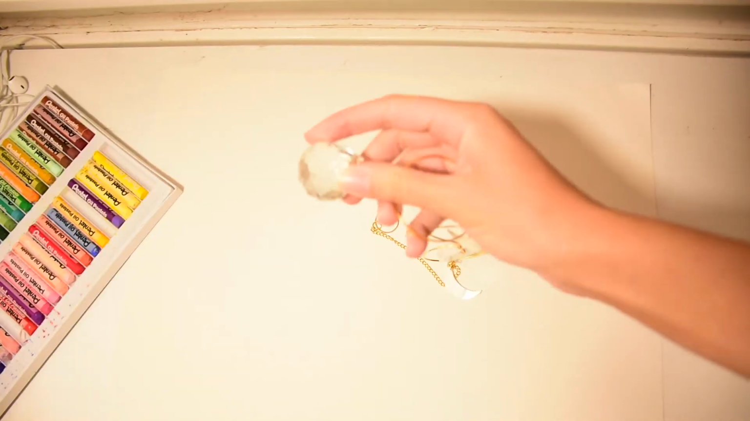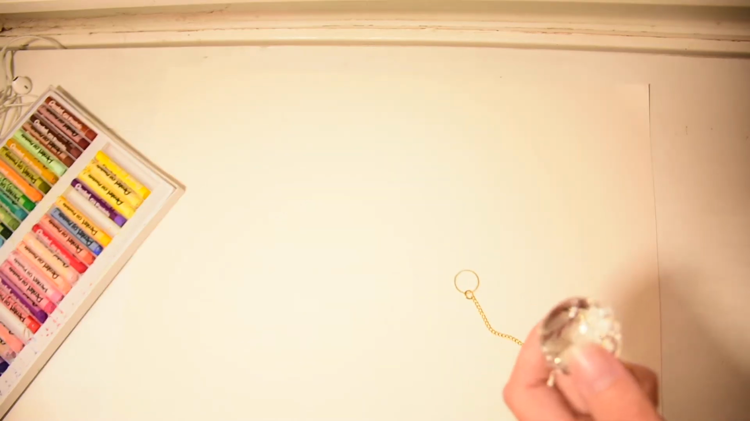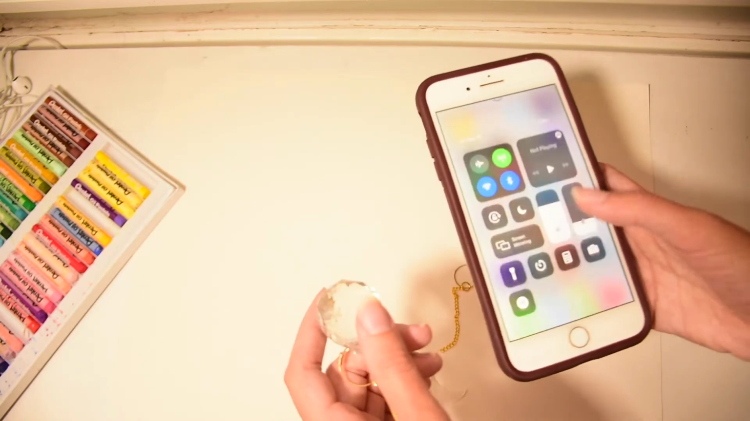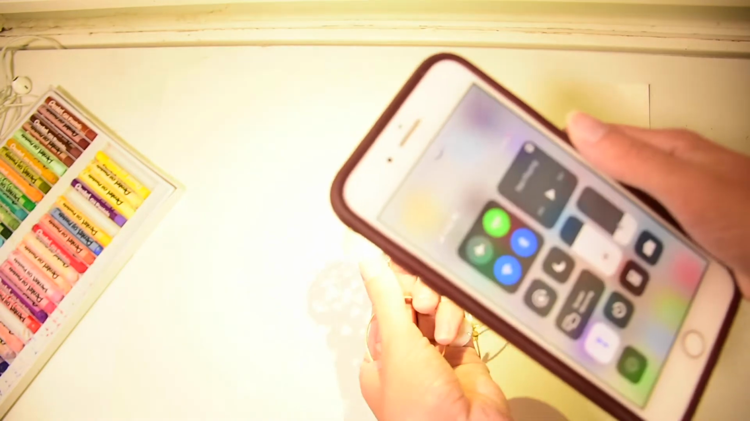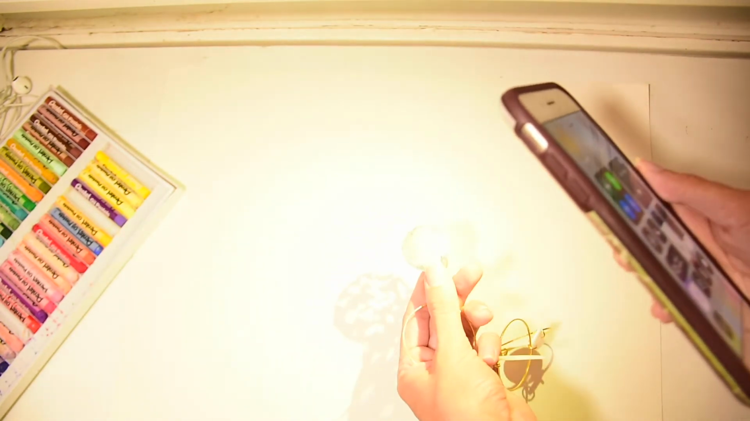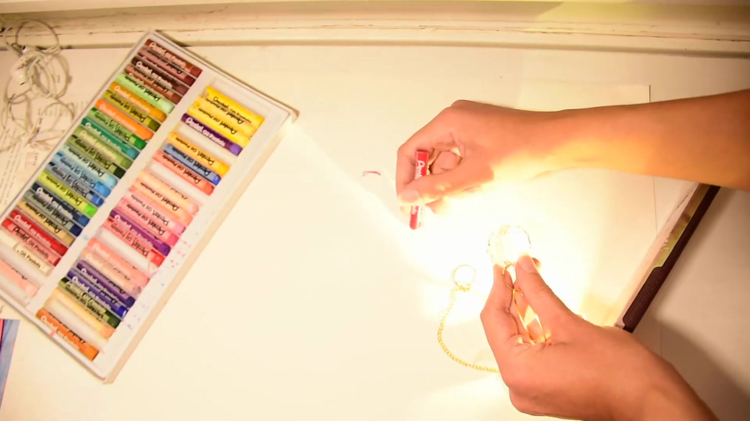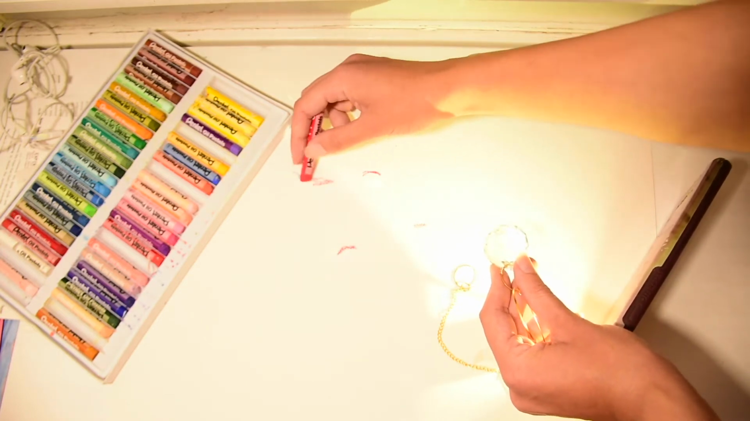For this project today, you're going to need paper, oil pastel or paint, and a prism of some sort. If you don't have a sun catcher or something that you can use, you can also make your own, and I will link a video to that in the description below. I would also suggest having a light, because basically you're going to hold up a light to the prism and